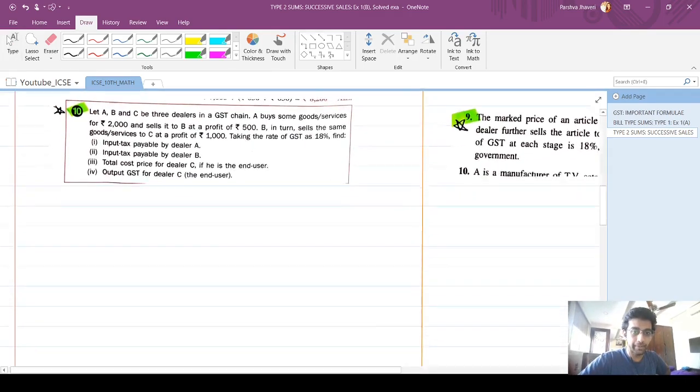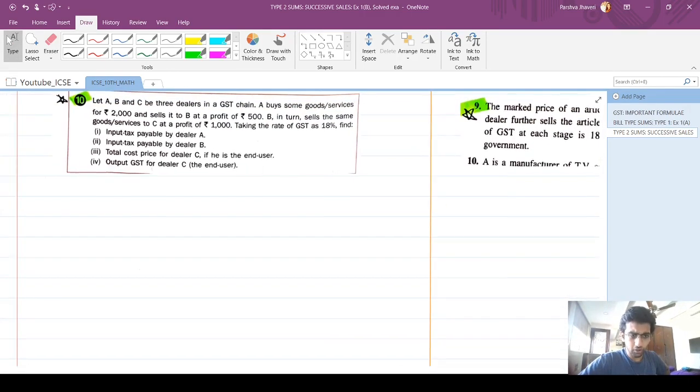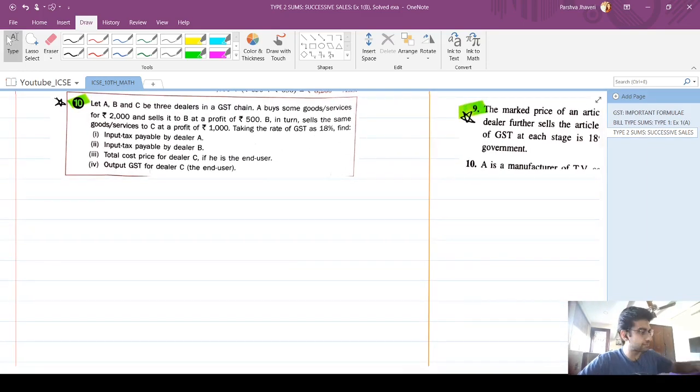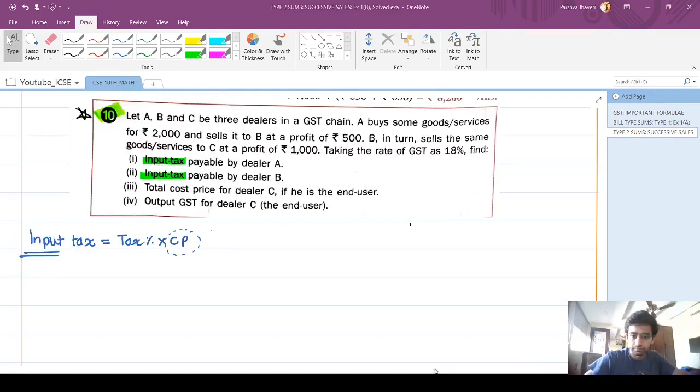Now you will see how my method, or you can say the column method, helps you. You will see how it helps in this sum, solved example number 10. The reason I picked up this sum and I'm saying it will be helpful with the column method is because a new concept is introduced over here called input tax. All you have to remember is that our normal tax is calculated on SP. So remember that input tax is always calculated on CP. So here we will need the CP of A and here we will need the CP of B. Just remember that. Rest all the steps remain the same.